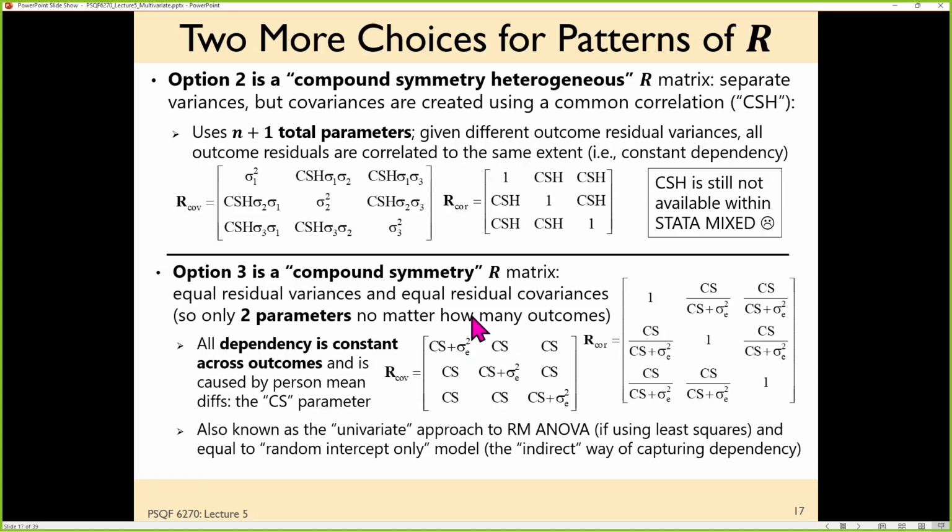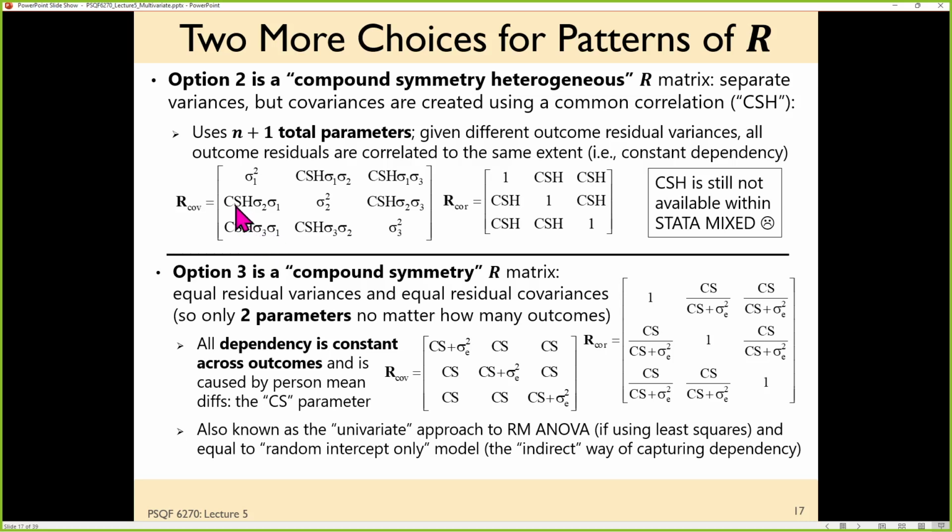The other two that I had presented that are plausible, and this is in one of the other examples that I'm not going to have time for, I go through some of these choices. You can do a likelihood ratio test to see if you can get away with something simpler. So this is compound symmetry heterogeneous. This is what this pattern is called, where each outcome would get a different residual variance, but they share a common correlation. And so this is one parameter.